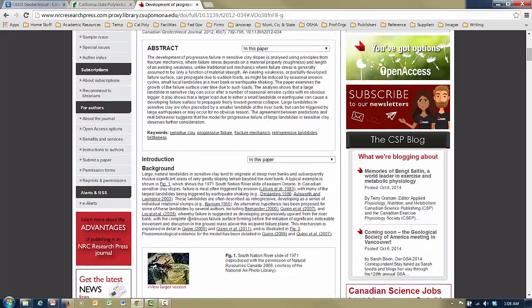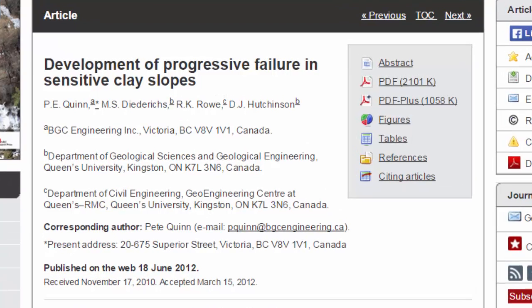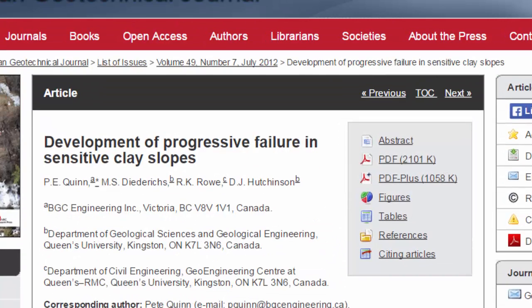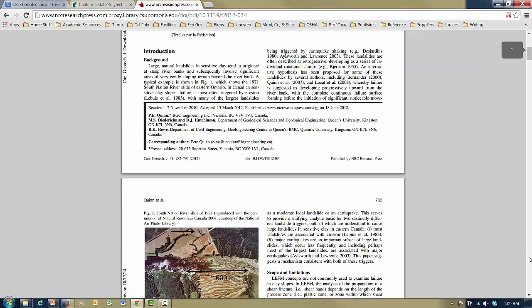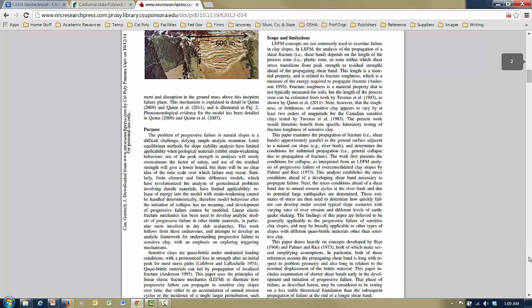And that's kind of nice, except I like to look at the PDF versions of these because I find them easier to read. And if you look up here, you notice there's a link to the PDF version of the article. When I click on that, I'll get a download of the PDF version of the article, which I can read online if I want, or I can save it to my hard drive. And this is the full